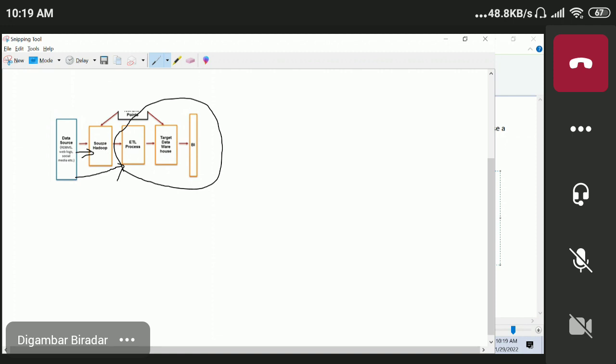बट वंस द डेटा गेट स्टोर्ड, जब Hadoop में डेटा स्टोर होगा तो ये डेटा हमको यहाँ पे ETL में कैसे भेजना है, दैट वी आर गोइंग टू डिसाइड बेस्ड अपॉन देयर रिक्वायरमेंट। लेकिन यहाँ पे जब स्टोर होगा, वी नीड टू यूज दैट स्कूप एंड वी हैव टू इंटीग्रेट दैट डेटा एंड वी हैव टू लोड इट इन अ सोर्स Hadoop। तो ये प्री ETL प्रोसेस है। तो यहाँ पे काफी सारा डेवलपमेंट का जोन रहेगा आपको, एंड वी नीड टू डेवलप एंड वी नीड टू प्रोसेस। लेकिन माइग्रेशन में मीन्स as compared to this case, the migration जो हम यहाँ पे डेटा वेयरहाउस रिप्लेस करने वाले हैं, उस केस में आपको थोड़ा डेवलपमेंट कम रहेगा।